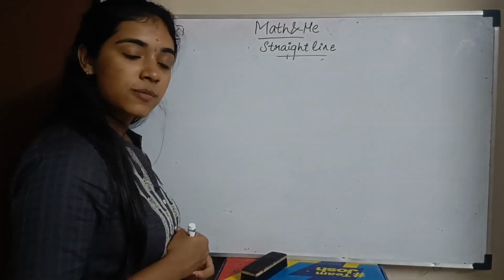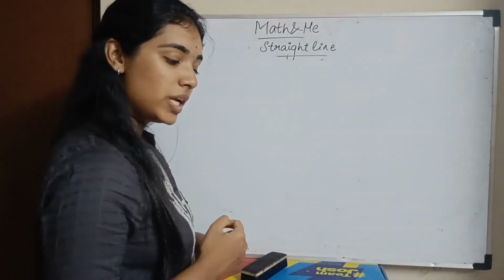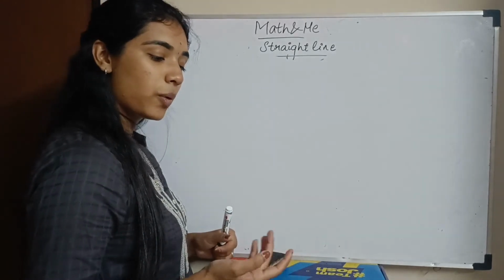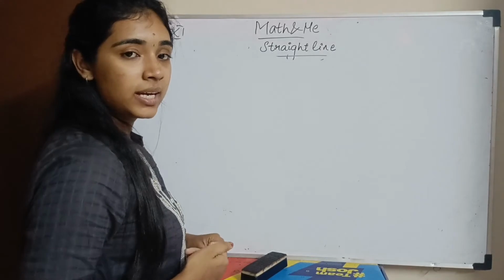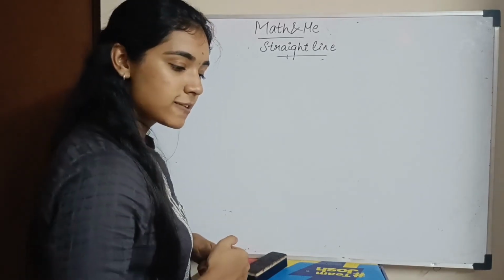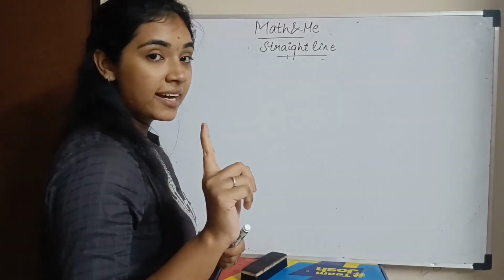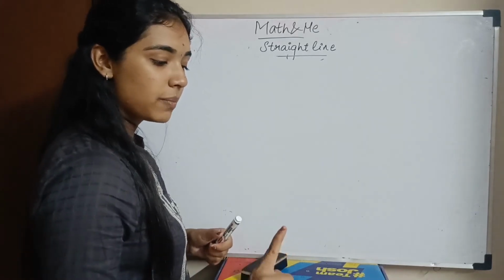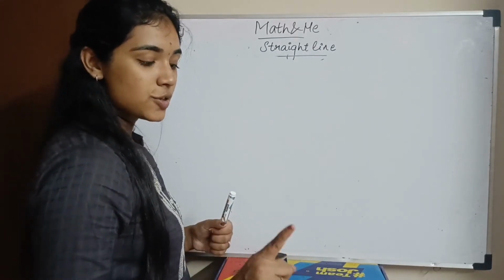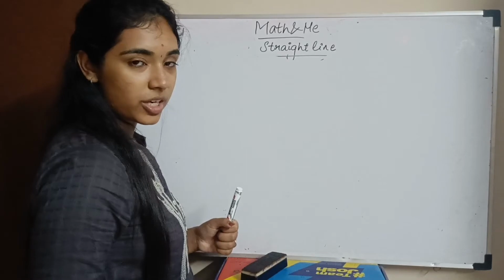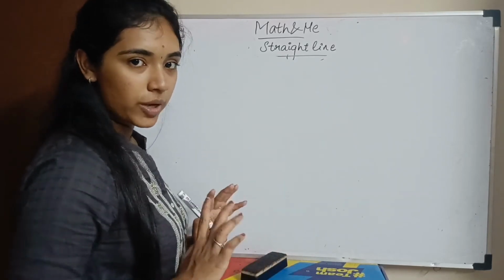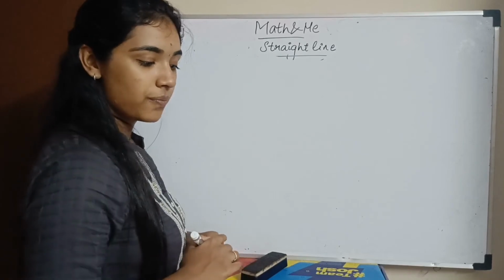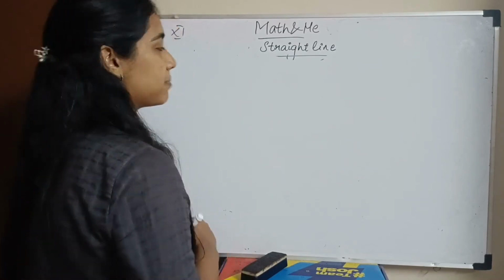Sixth question is very similar to question number 5. The only change is that it is intersecting the y-axis at a distance of 2 units above the origin. So what will the point be? It will be 0, 2. And the slope is given, the angle is given. So the angle is 30 degree with the positive direction of the x-axis. So it is tan 30, which is 1 by root 3. So you know what the slope is, you know what the point is. You can use the point slope form. Okay, I'm not solving this. Solve this on your own. I'm going to question number 7.